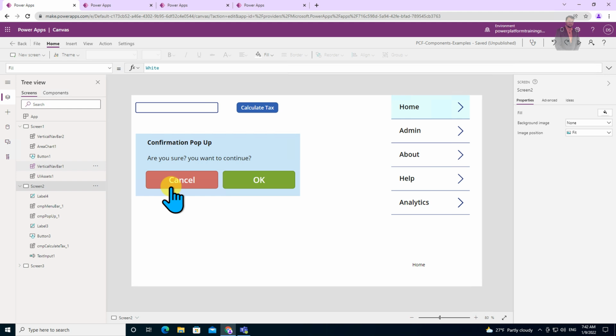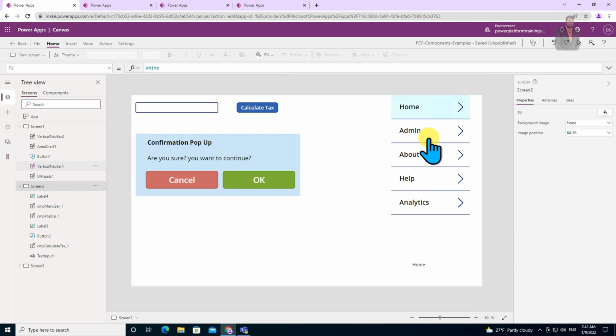The second important use case is, let's say you are implementing some kind of left navigation. To create the left navigation, basically we use the gallery control. Now with the traditional approach you place the gallery control on each individual screen. Instead of doing that, you can build this type of component for your left navigation, which will accept any type of data input from the user, and according to that the menu items will be bound there, and when we click the appropriate item it will show us which item we have selected from the gallery.